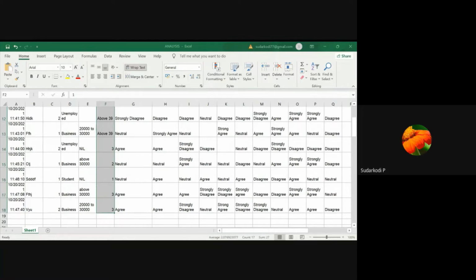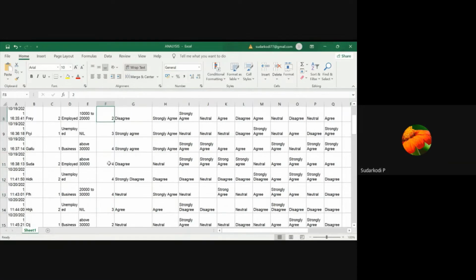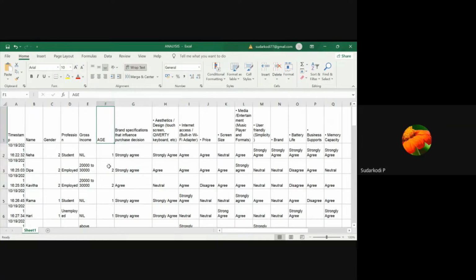Okay. And last one, you have above 39. Okay. Replace it by 4, replace all. Okay. So now you can see here all your age data has been converted into numerical data. So like that, you have to convert the entire Excel sheet in the form of numerical data to analyze the